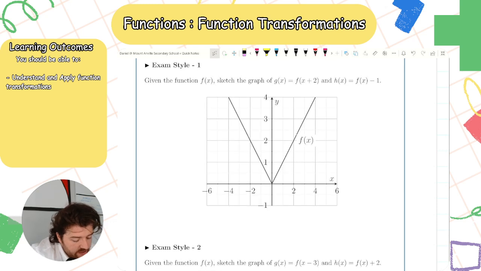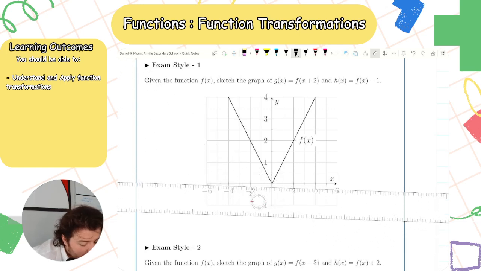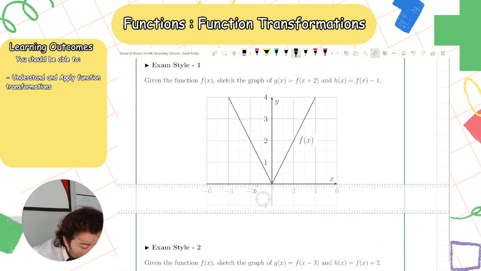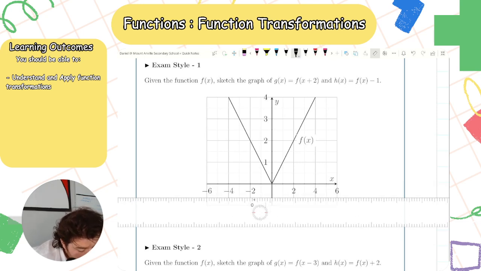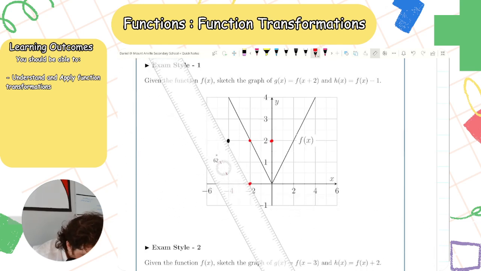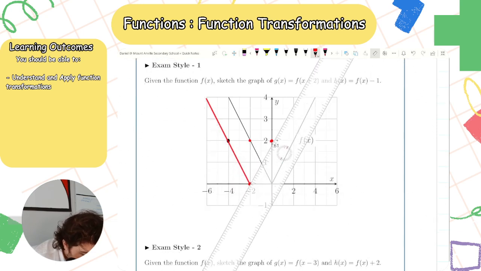Given the function f of x, sketch g of x, which is f of x plus 2. So g of x, I'm adding 2 to my input. So if I'm adding 2, I'm going to the left. So I'm shifting points over to the left. So this point will now be over here. This point will now be over here. And this point will now be over here. So g of x is going to be equal to this. So I shifted it all over